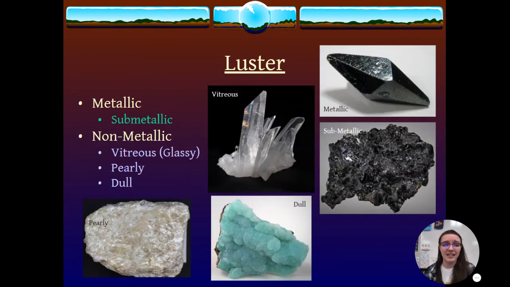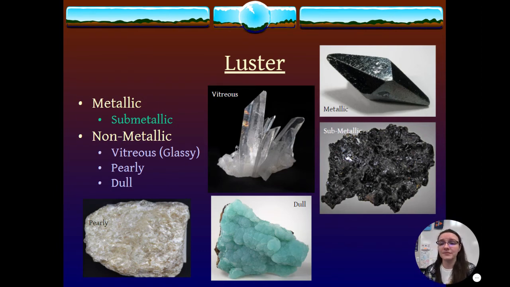So in a bit more detail, here are some examples of different lusters. We typically think about metallic versus non-metallic. Does it look like a metal? Does it look glassy or vitreous? Is it dull? Is it pearly? It can be both dull and metallic. Or this submetallic is like, it looks like maybe I just need to wipe it off and it would then